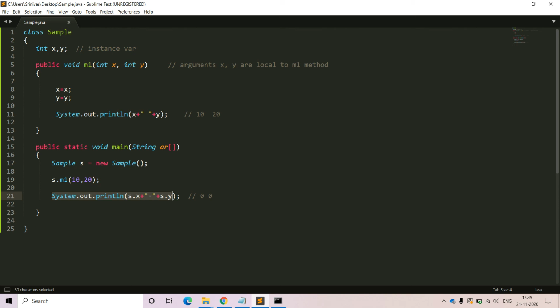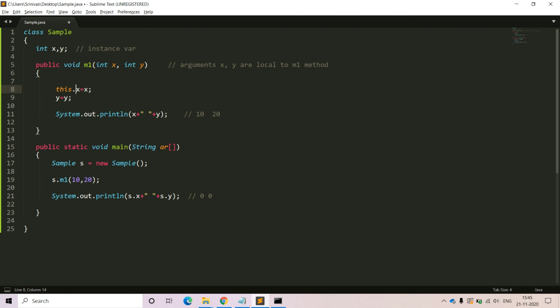There is no value associated with x and y. Now the thing is, I want to update the instance variables with respect to the m1 method. That means whatever the local variable values are in x and y, 10 is passed to x and 20 is passed to y, with respect to those local variable values I want to update the instance variables. How to refer to the instance variables in an instance context? Very simple. Try to use this dot x.